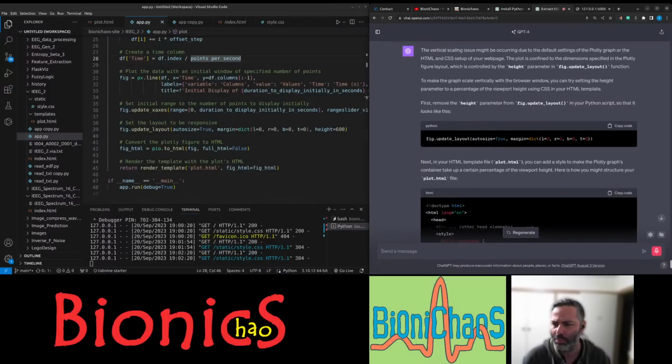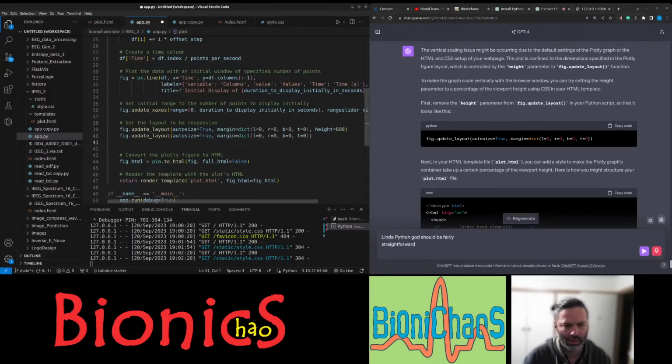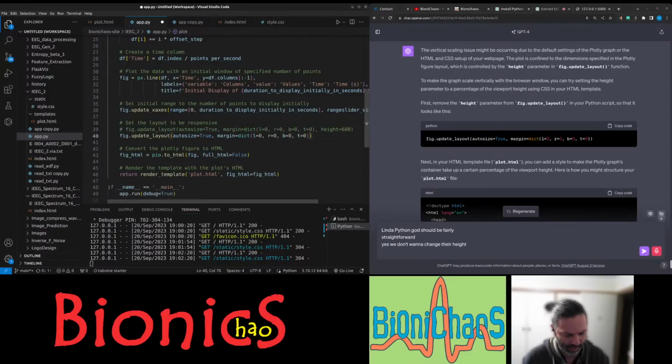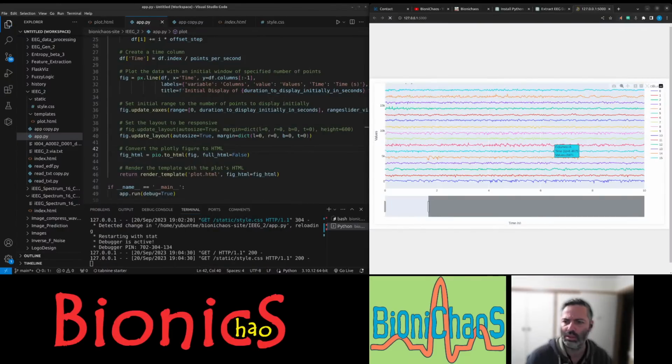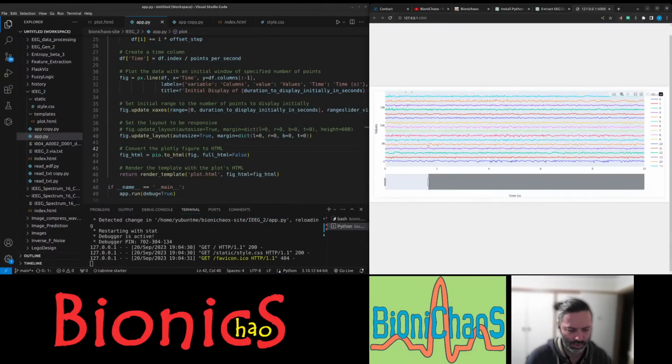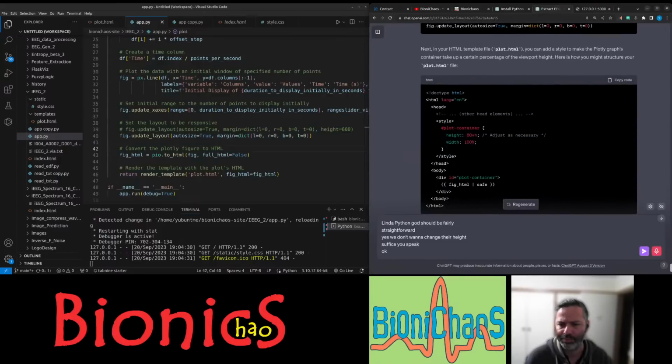So the Python code should be fairly straightforward. Yes, we don't want to change the height. Does that suffice, you think? No, it's even making it even narrower. Okay.